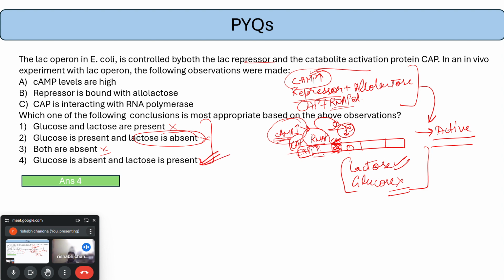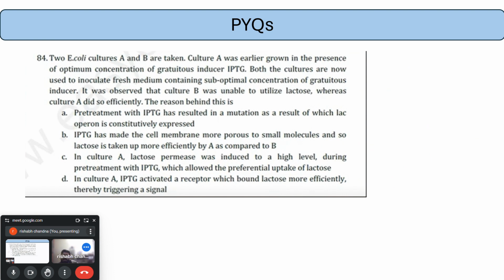Moving on to the next question. Two E. coli cultures A and B are taken. Culture A was earlier grown in the presence of optimum concentration of the gratuitous inducer IPTG. Both the cultures are now used to inoculate the fresh medium containing suboptimal concentration of the gratuitous inducer. It was observed that culture B was unable to utilize lactose, whereas culture A did so efficiently. The reason behind this is